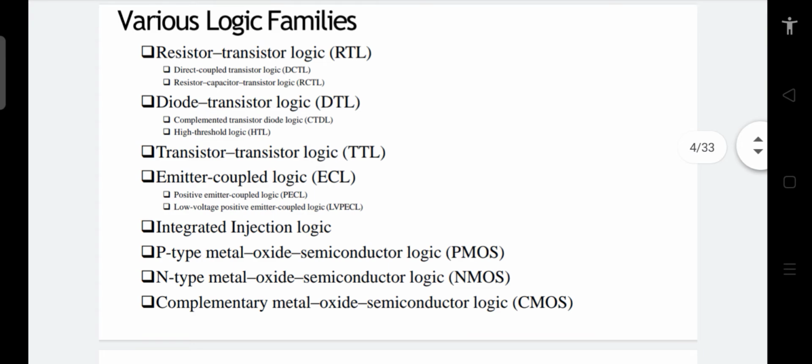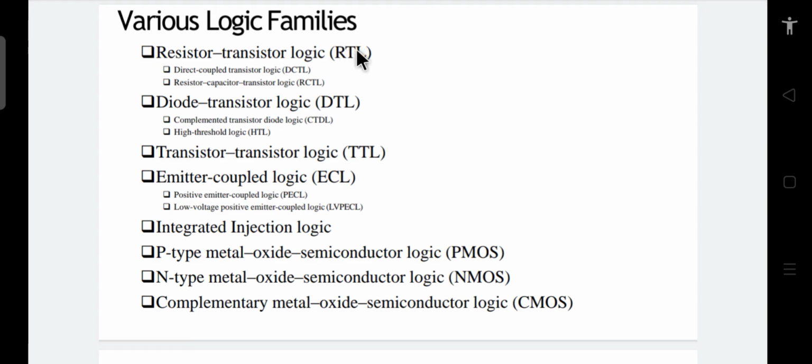So let's first see what the logic families are which we are going to see. We are going to see the RTL logic family, which is resistor transistor logic, then DTL. So these are the sub logic families under this. DTL, there are like direct coupled transistor logic, then resistor capacitor transistor logic. We are not going to see them in detail, but we are going to see them in general: RTL, DTL, TTL, ECL, and there is another, integrated injection logic also, PMOS logic, NMOS logic, and finally the CMOS logic. So now this is the logic which is used.